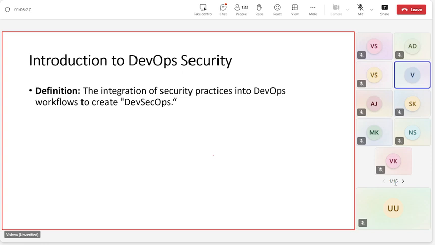We don't know. For the safety of the production systems, we will have to go through certain security checks. And the terminology we use for adding security practices into DevOps is called DevSecOps.